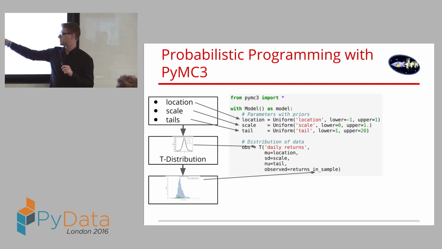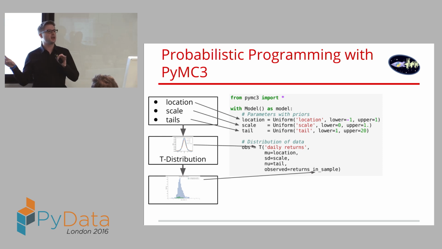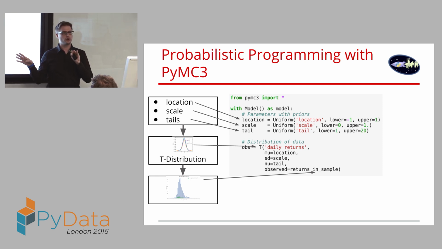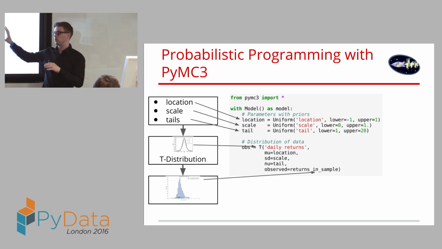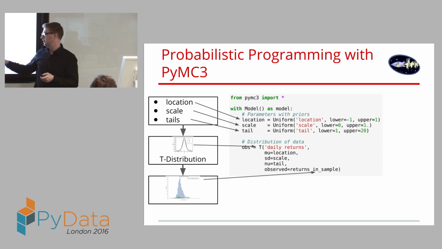And this is where you tie together these parameters with the data via the distribution function. When I execute that in Python, actually not all that much happens. Under the hood, just a technical note, we're using Theano, if you know what that is, to build up a compute graph out of all these probability distributions. And we can compile that to C behind the scenes, and that means it's fast. It's just-in-time compiled. We can compute gradients. So Theano is really powerful as a framework behind all of this. But you're not really exposed to that when using PyMC3, so I just mentioned that in passing.